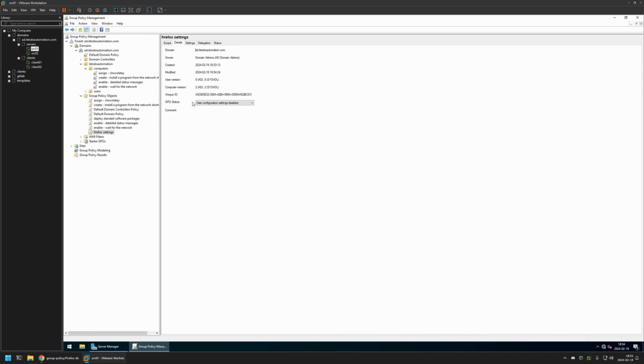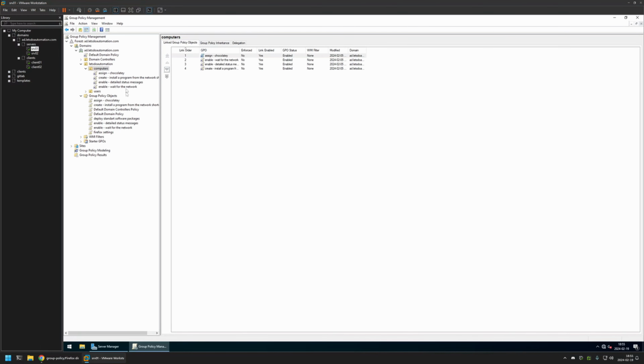Now after creating the group policy, we need to assign it to an organization unit that is holding the computers on which we want to deploy the settings. In my case, the organization unit will be this one. So I'll click and hold on the policy and then drag and drop it on the organization unit. Then I will click OK, and as you can see, the policy appeared in the list here and also in